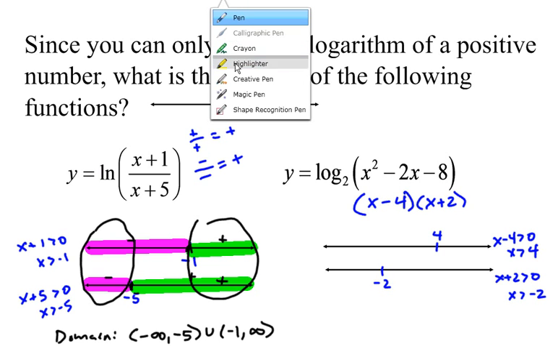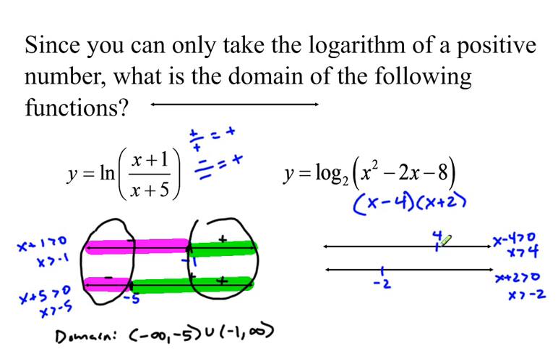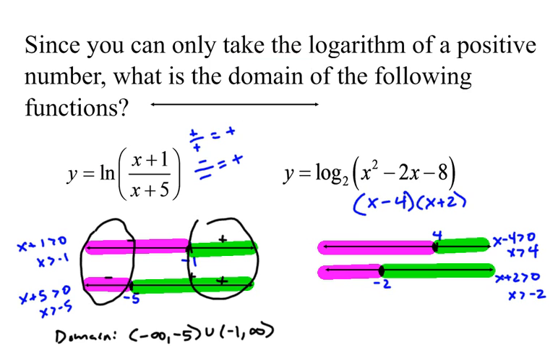I know that they are positive up here when I'm greater than 4 and greater than negative 2, because those are my answers here. I know they're negative from here to here and here to here. And then I can see my final answer, that they are both negative right here from negative infinity to negative 2. And they are both positive from 4 to infinity. All right, I think you're ready